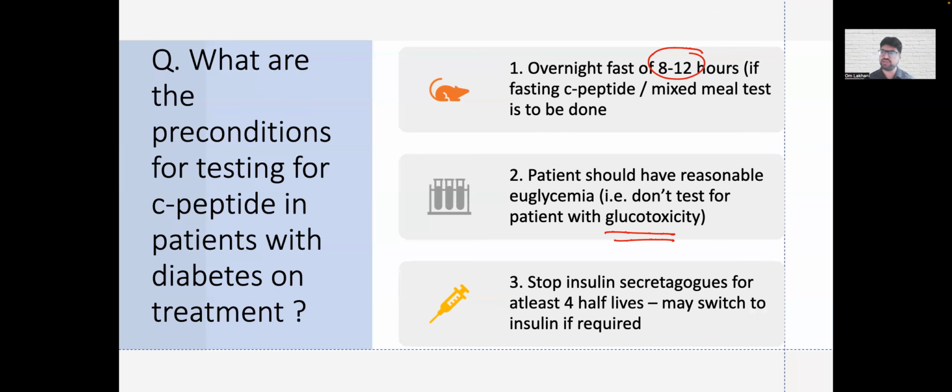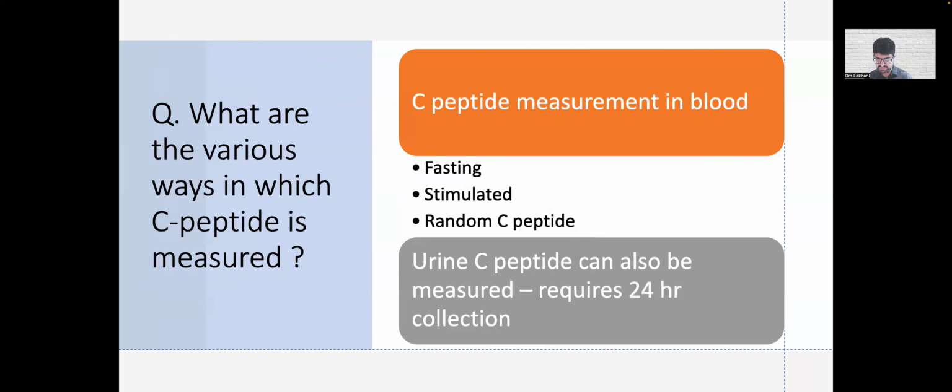So the patient can be on insulin while you measure the C-peptide. Like I said, exogenous insulin will not impact the C-peptide measurement, right? Let me reiterate this point again. Remember, you have the pancreatic beta cell releasing insulin and C-peptide. Now, if you're giving insulin from outside, that insulin will also be measured by the insulin assay. But the insulin you're giving from outside does not have C-peptide, remember. So whatever C-peptide you're measuring is endogenous. That is what the body is producing, right? C-peptide is a better measure of the amount of insulin produced by the body.